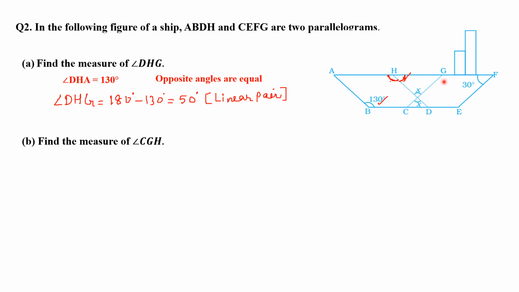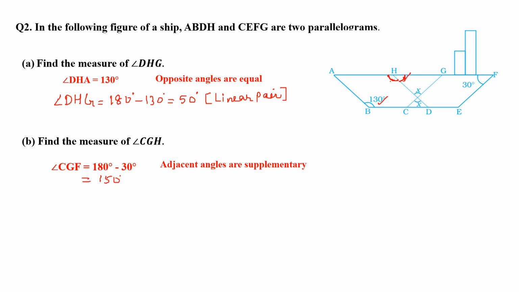So to find this, if I am able to get this angle, I can easily calculate this because both are forming a linear pair. So how to get this value CGF? If you see here, CEFG is also a parallelogram, and this angle F and this angle CGF are adjacent angles. And we know that in a parallelogram, adjacent angles are supplementary. So I can write angle CGF equals 180 degree minus 30, and the reason is adjacent angles are supplementary. And 180 degree minus 30 degree will give me